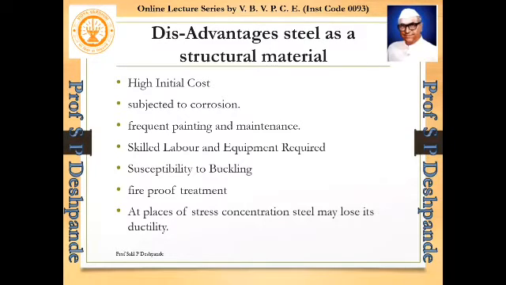So if the area reduces and length stays the same, then we get one more factor which we have studied in mechanics of structure, that is the slenderness ratio, L effective upon K minimum. So L effective upon K minimum का value जब बढ़ता है, when that value of slenderness ratio increases, what happens in that case? We have learned the Euler's theory. The material will be subjected to buckling. So steel structure, particularly the steel components which are subjected to compression, are susceptible to buckling because their section is less. Then it requires a fireproof treatment.